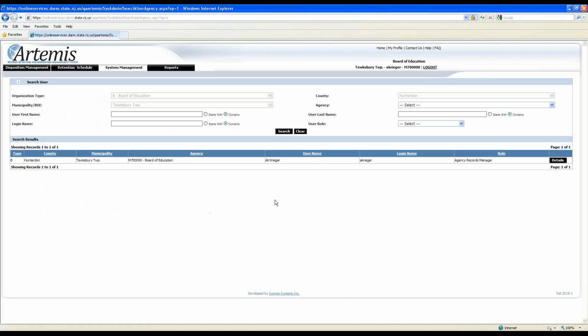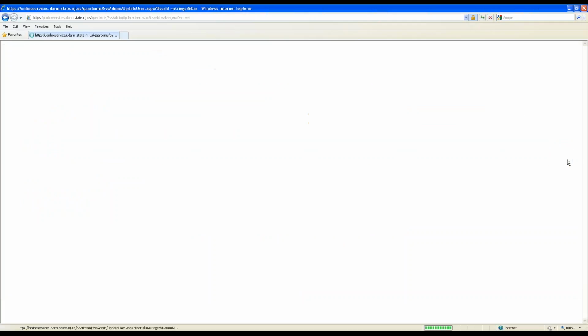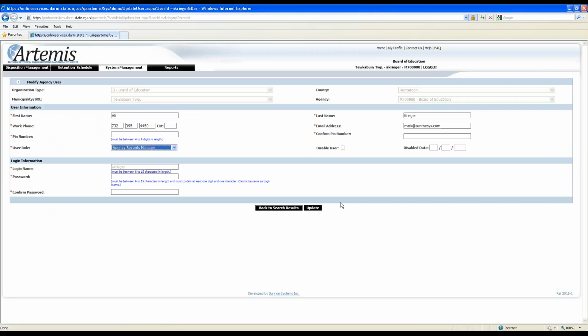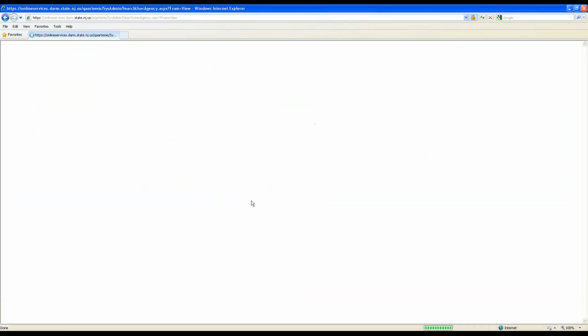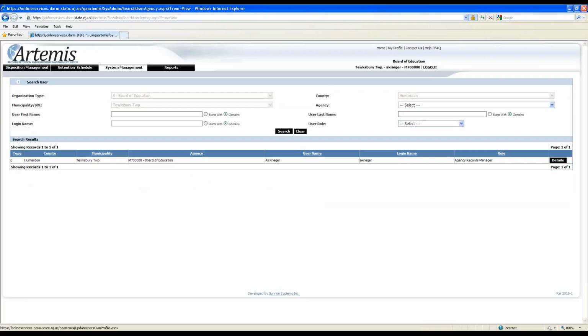And let's say we have a user who's no longer with the organization. Well, what you would do in that case is we would disable them, right? So they don't have access to the system anymore. Basically, you would go into the details button on the right-hand side. It would pull up their information, okay? And then we have a checkbox here. I'm not going to do it, obviously, I'm the only records manager here, but you would click on this checkbox that says disable user, okay? And then hit save or update. And then basically at that point in time, that user no longer has access to the system. So again, if you have to disable a user, that's how you would go in and disable that user.